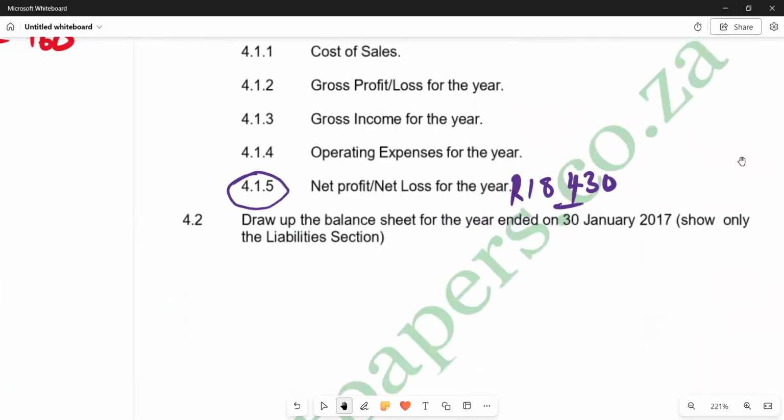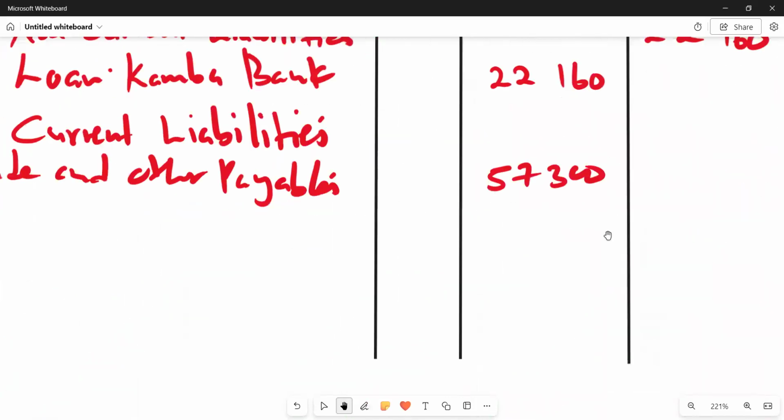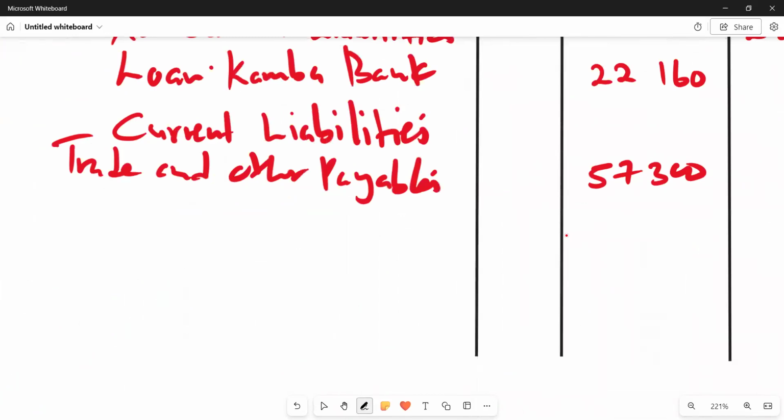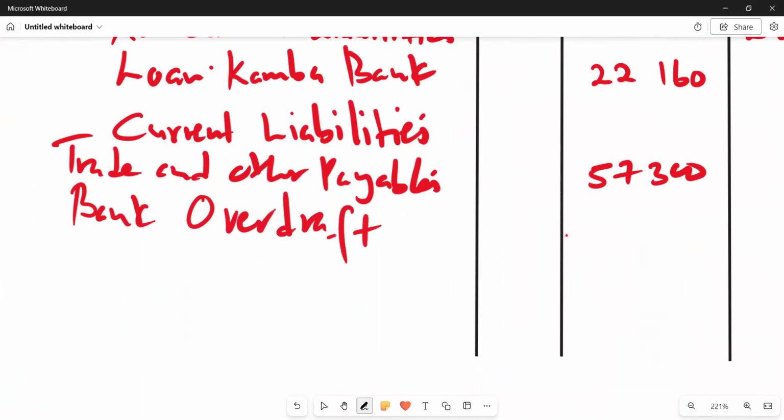Come here, we include bank overdraft. So we say bank overdraft. And let's try to see the figure that we are using. Okay, bank overdraft is